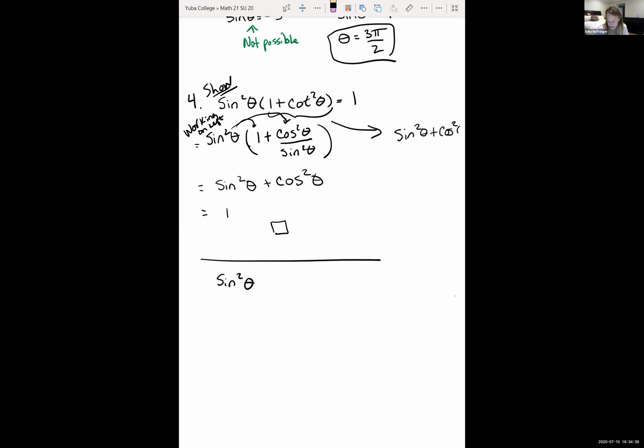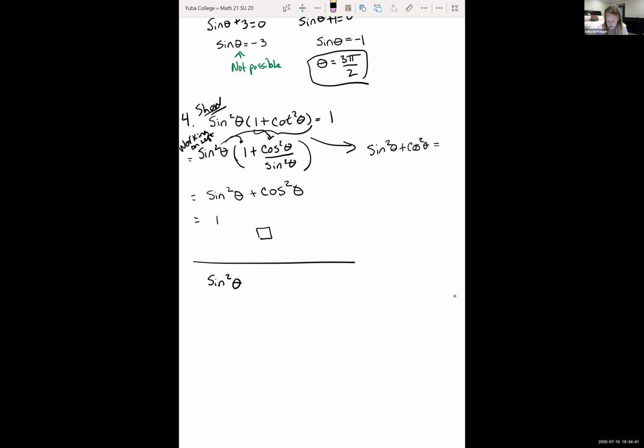I know that this is equal to 1, right? I knew that this has a cotangent squared in here. I know cosine over sine is cotangent, so I would have divided everything through here by sine squared theta. And then you would have noticed that this is 1 plus cosine squared theta over sine squared theta, which is cotangent squared theta. And that's where you guys got that this was cosecant squared theta. And so basically we could say, well, let's just rewrite this 1 plus cotangent squared theta as cosecant squared theta